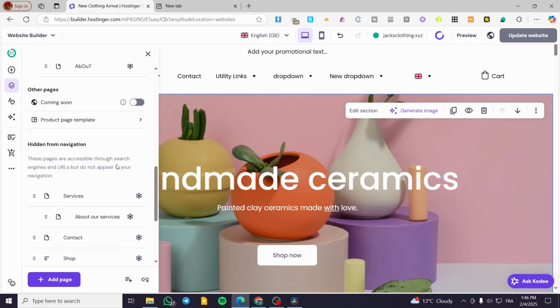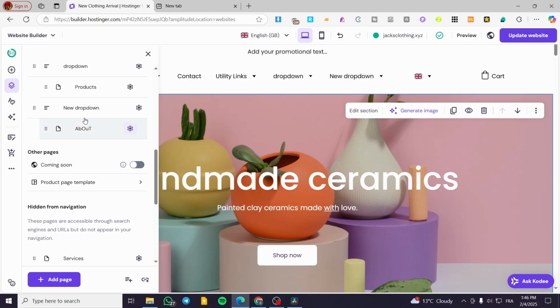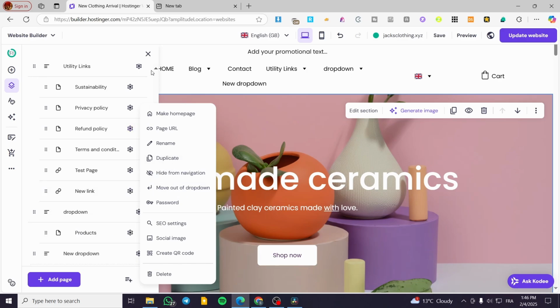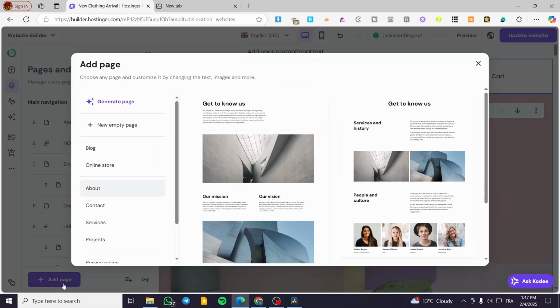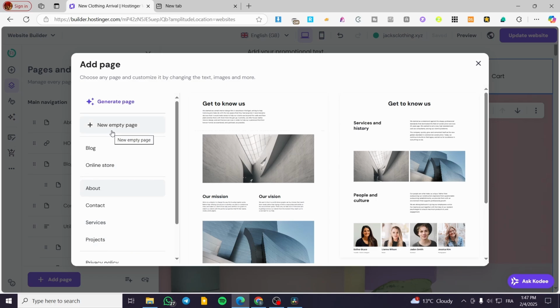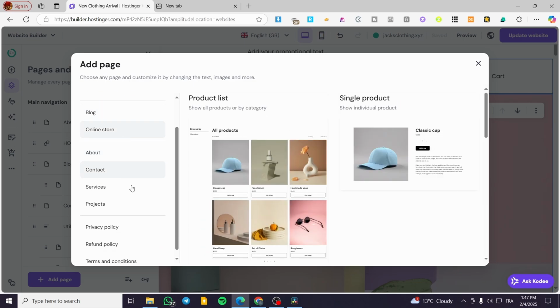And then if you want to remove them from the drop down link in here, click on the gear icon, click on move out of drop down, and boom. Now you can go ahead and click on add page and see all the pages that you can add. Here we have a variety of pages. You can generate a page with the AI, create an empty page, blog page, online store page,